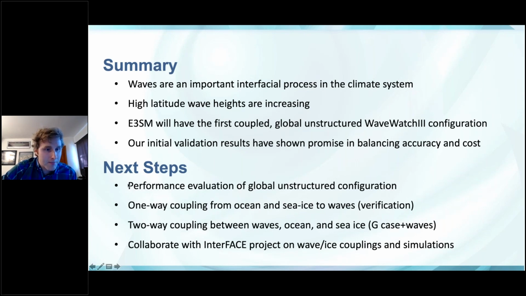In terms of next steps, we need to more rigorously evaluate the performance of these global unstructured meshes, and then we're going to move on to some one-way couplings where we send information from other components to the waves without the feedback, just as verification of making sure the coupling is correct for one way. And then we're going to move on to the two-way coupling between these components, and that'll essentially be a G-case plus waves. And we're also collaborating with the interface project on wave ice couplings and developing simulations of